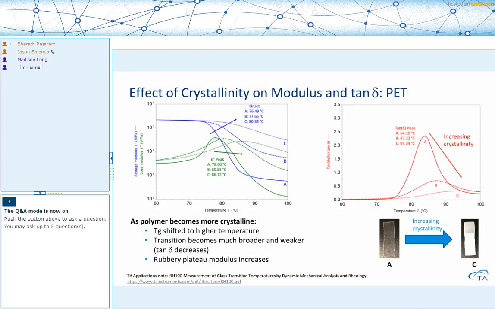So we look at an example using PET. We've looked at 3 different grades of PET with differing levels of crystallinity. Visually, sample A is completely amorphous, that is shown in the lower right, and C is crystalline, which is completely opaque. And we can pick up signatures of the level of crystallinity through the DMA test, both in the storage and loss modulus. We see a systematic shift for that in the glass transition onset